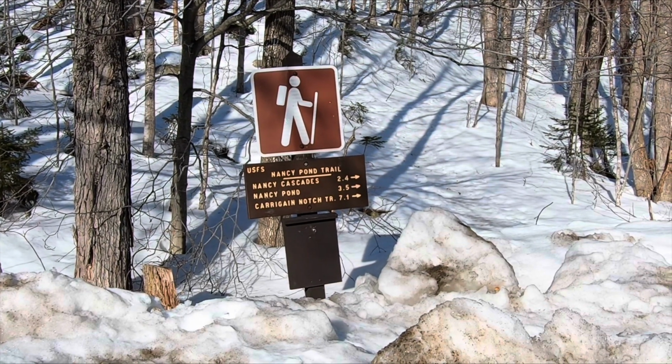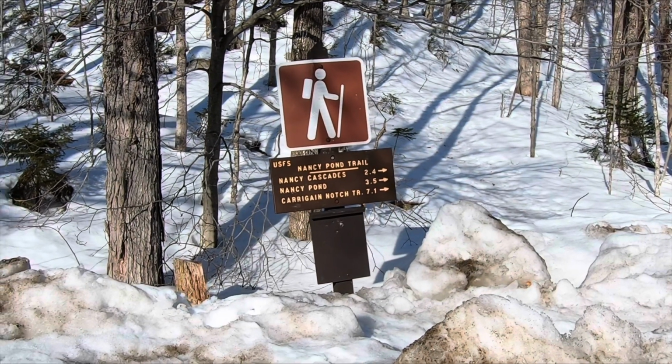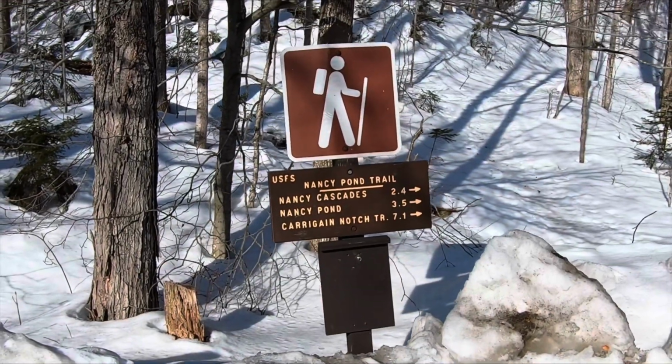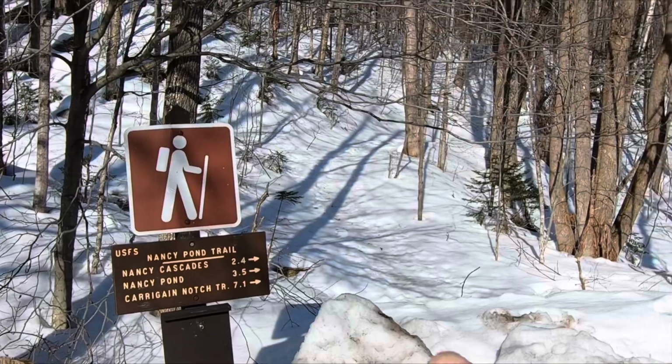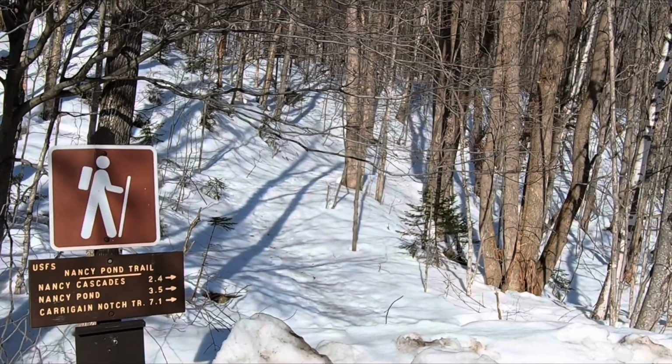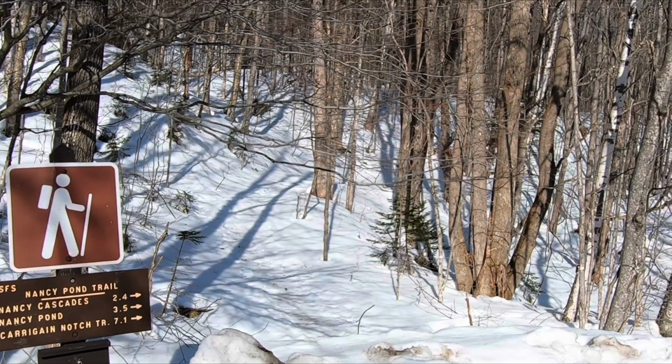Today is Tuesday, February 27th, 2024. We are parked at the Nancy Pond Trail. She's going to go right up there. It looks like it's pretty low snow and icy there, but we're wearing snowshoes because we're going to go out